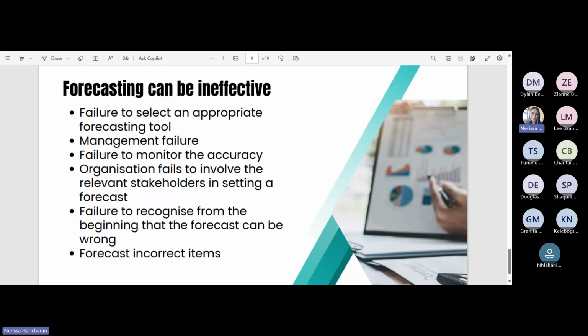and re-implement it to business. Then a lot of times businesses fail to involve the relevant people or the right people when they're setting the forecast. So if you're setting it from an individual perspective, it's not going to work. You need an entire team, whether you're sitting in a corporate institution where you've got a CEO, an MD, a branch manager, sales manager, after sales manager, finance, HR, accounting, creditors, debtors, IT. So everybody, operations, production, manufacturing,